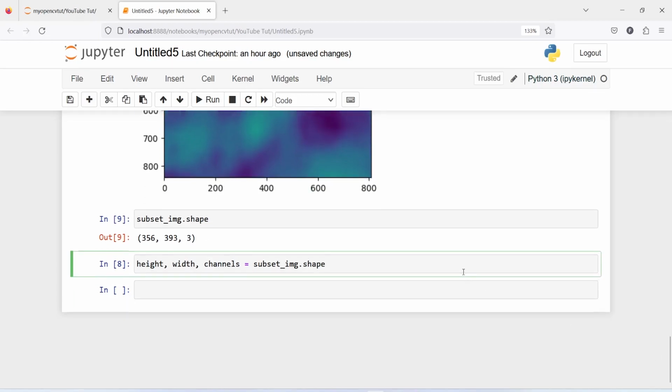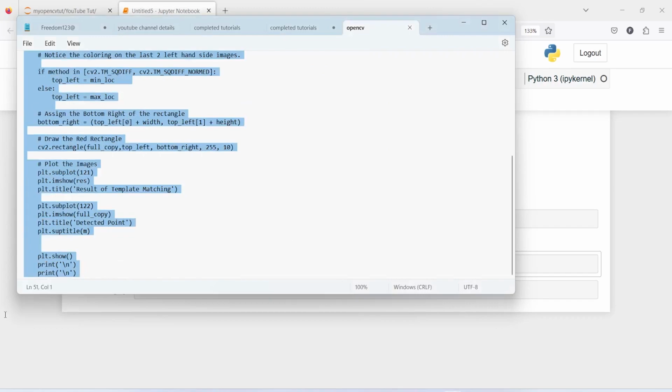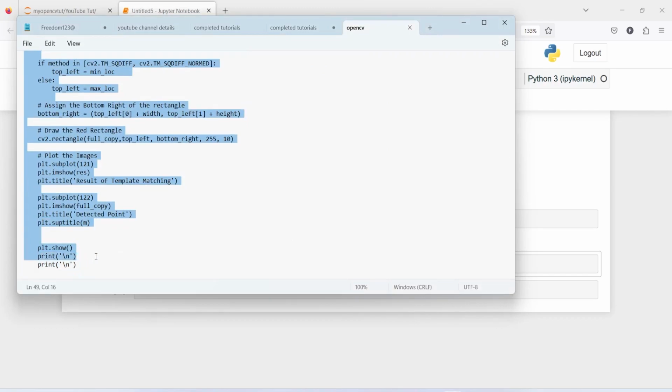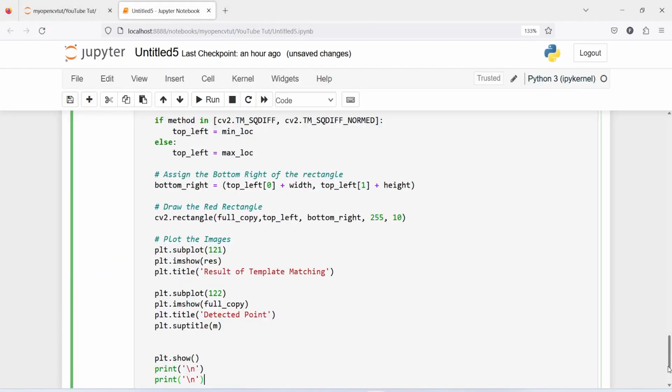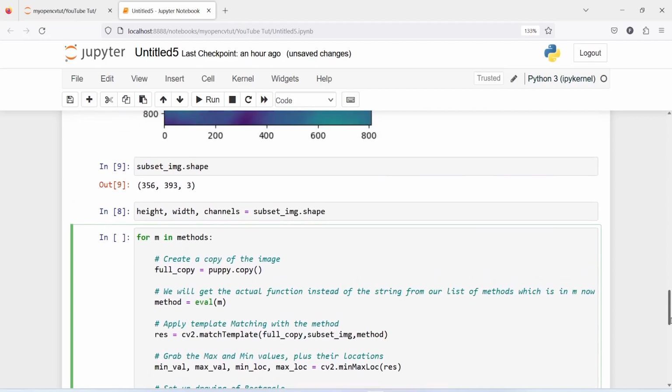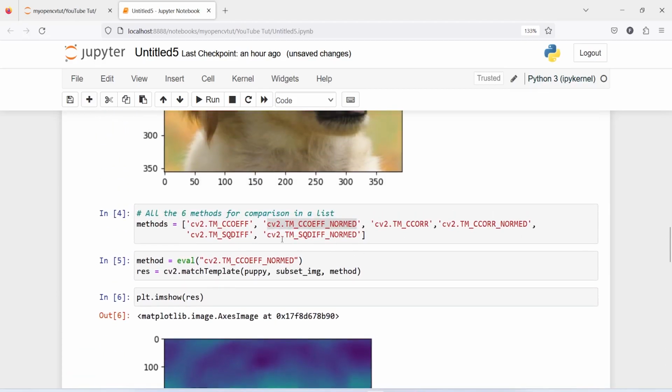Now we are going to copy and paste one for loop that I have already prepared to save our time, and then we will see the result. We don't need to do anything. I will copy it from here, and then I will paste it here. What it will do is create a for loop over these methods, and in our methods you will see we have a list of 6 methods here. So it will go over them one by one,